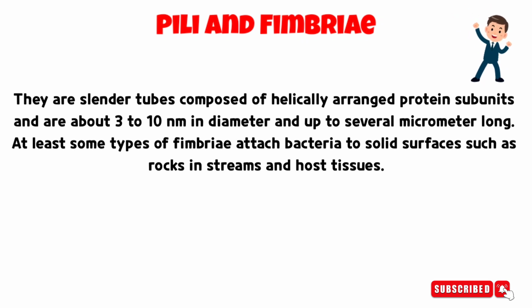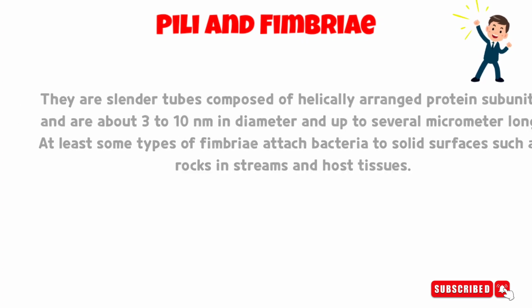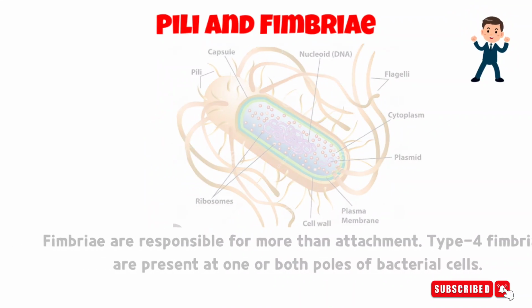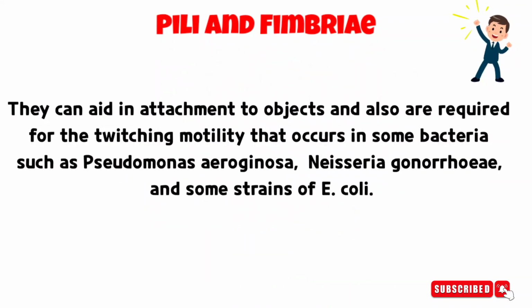At least some types of fimbriae attach bacteria to solid surfaces such as rocks in streams and host tissues. Fimbriae are responsible for more than attachment. Type 4 fimbriae are present at one or both poles of bacterial cells. They can aid in attachment to objects and also are required for the twitching motility that occurs in some bacteria